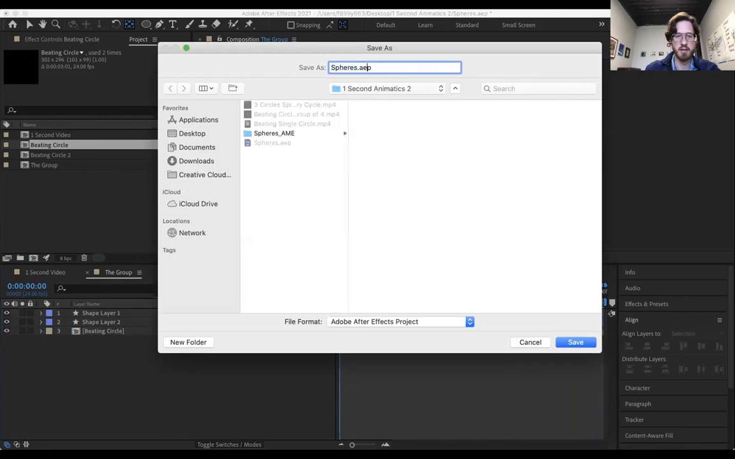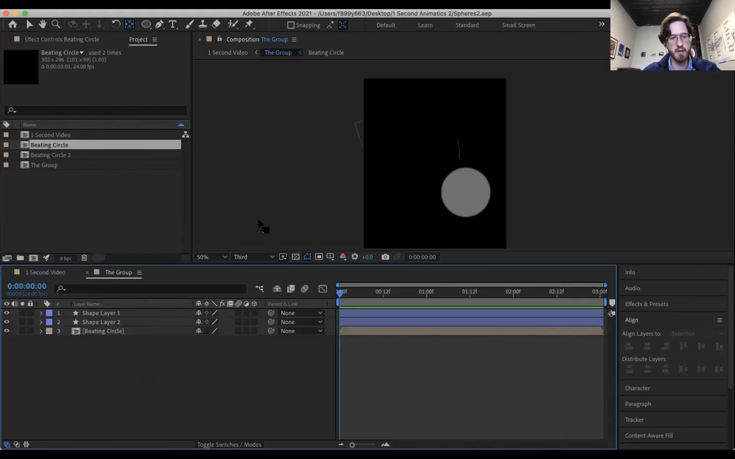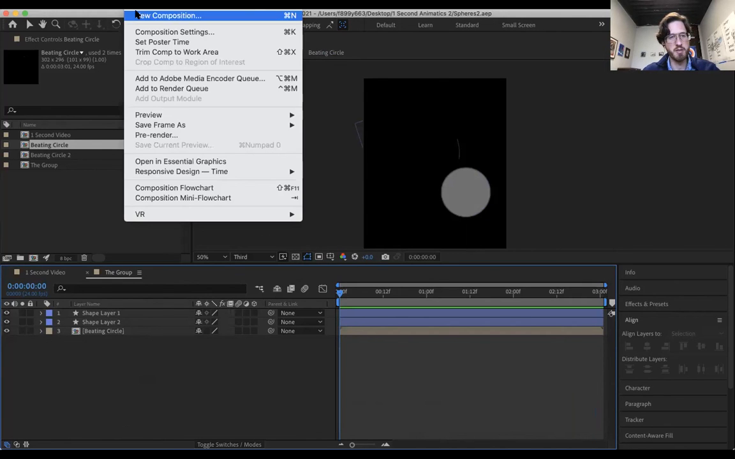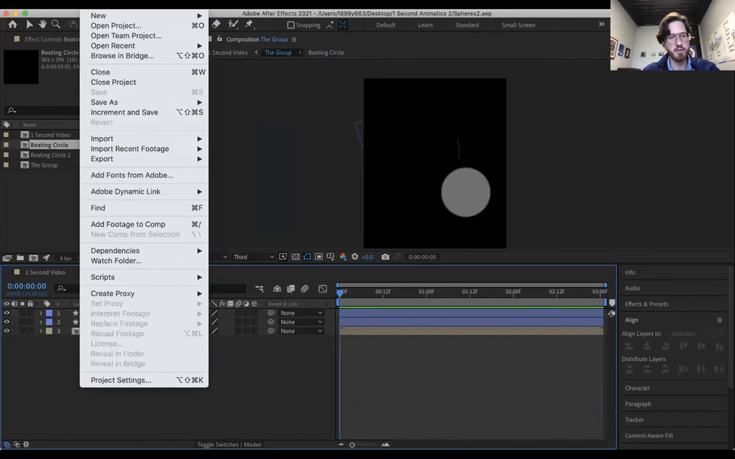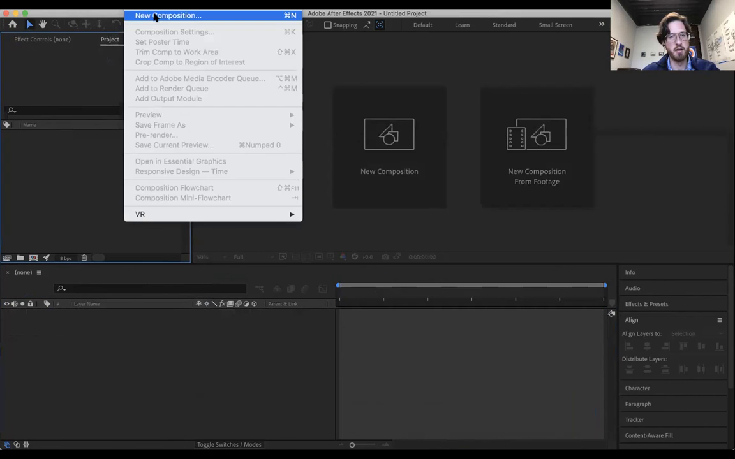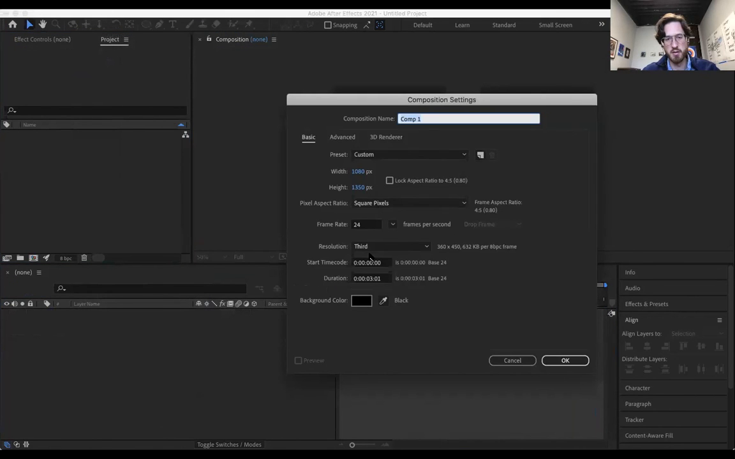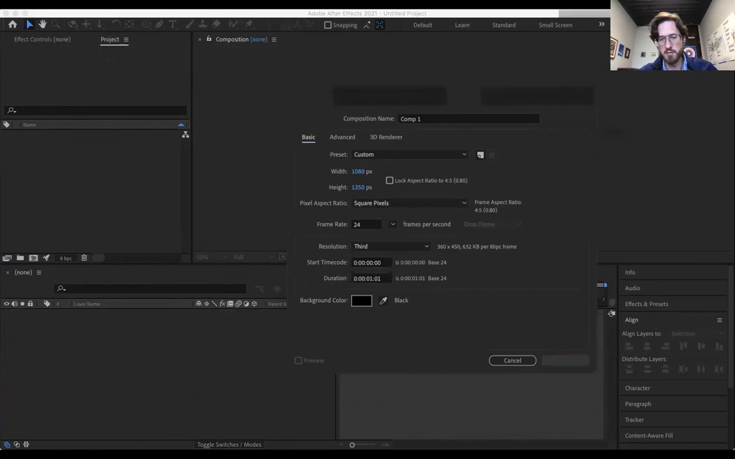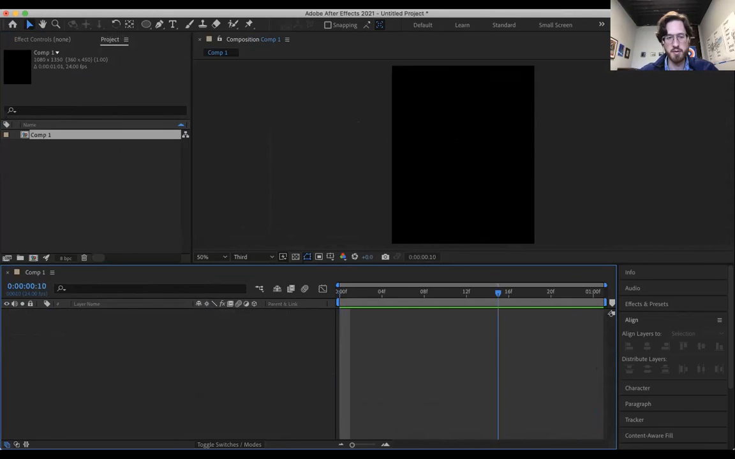So I'll save this one as spheres 2. Let's start one that's a little bit more of a rotoscoped option. So I'm going to close this project. I'll go to composition new, and we'll set up the same. We'll try 3 seconds for this one. Let's try 1 second. And then if I need to expand it, we can. Same comp, same size, same scale. And I will go ahead and